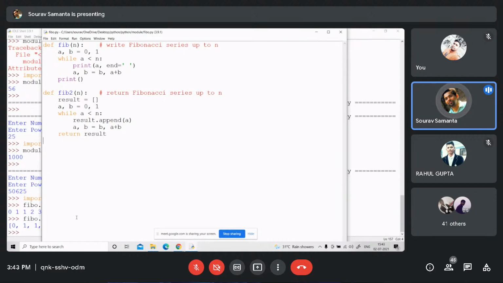That means if you don't put the proper function name after fibo dot, and your import operation is properly done, then whenever you put the module name and then the dot, you will immediately get the related functions from the module. And secondly,